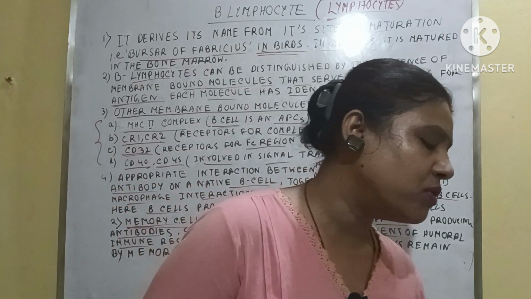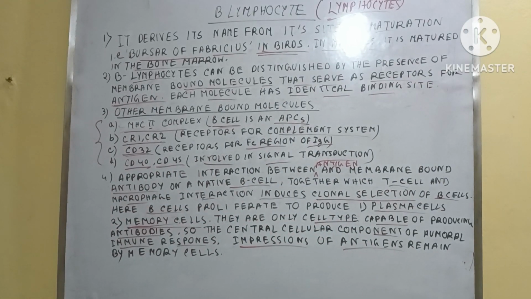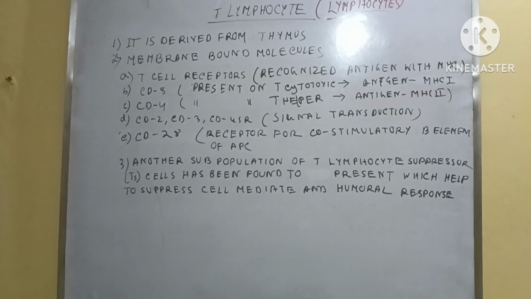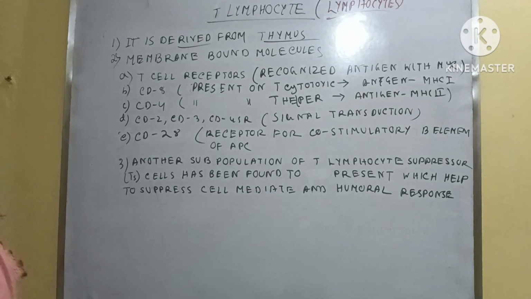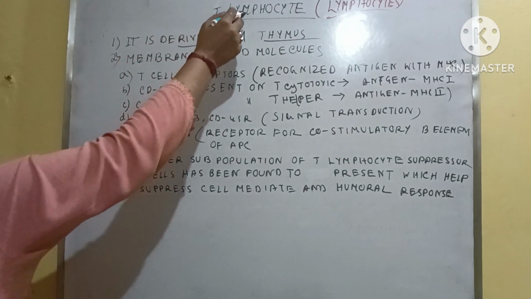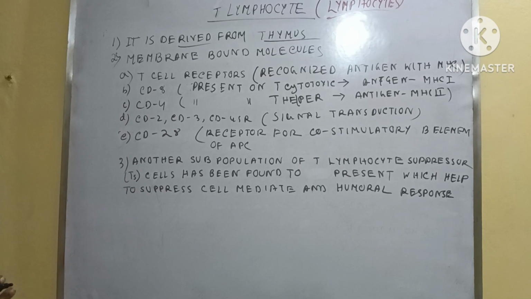Next we will learn about the T lymphocytes. Okay, so now we will learn about the T lymphocytes. T lymphocytes are generally derived from the thymus, and that's why they are named according to the place they are derived from. Here the membrane bound molecules are T cell receptors and